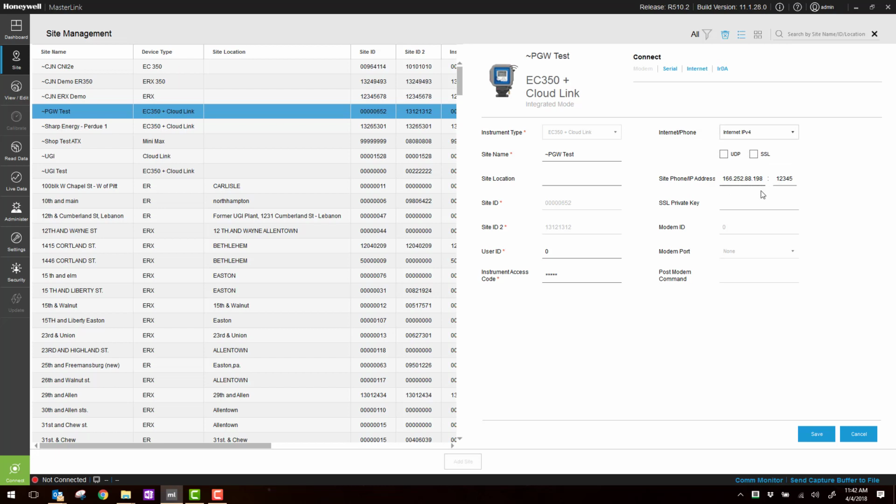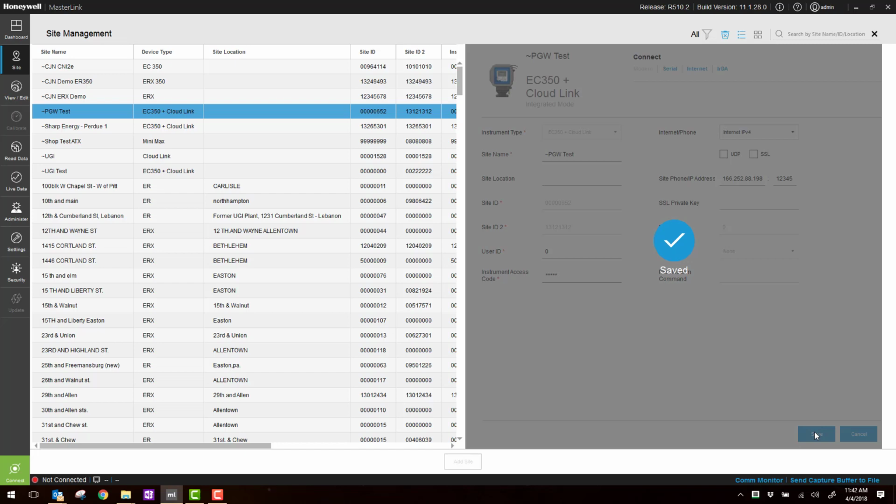One thing that's important to know is that if you get an IP address and it has only 2 digits in one of the groups, do not put in a leading 0. For whatever reason, MasterLink, and I know also AutoSolve, that'll cause it to actually call a wrong IP address. I'm not sure why that happens, but just be aware that that's the case. And as I mentioned, we have the TCP port is 12345. So I'm going to hit save